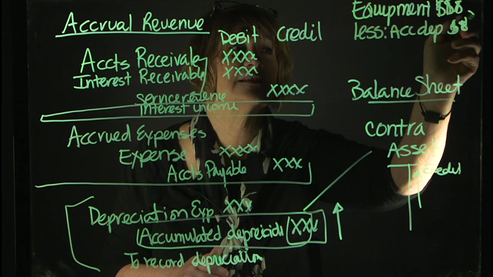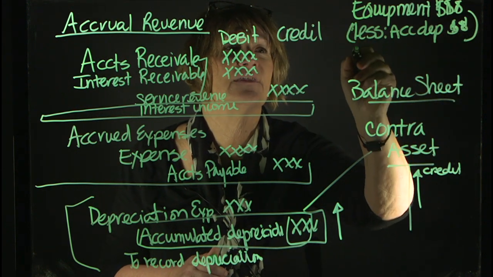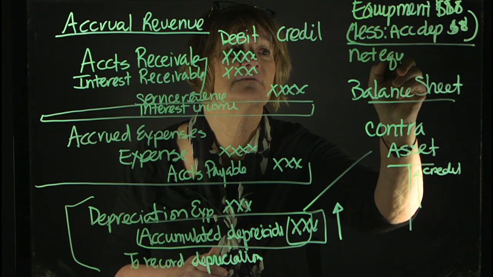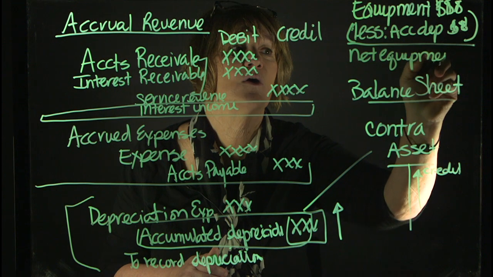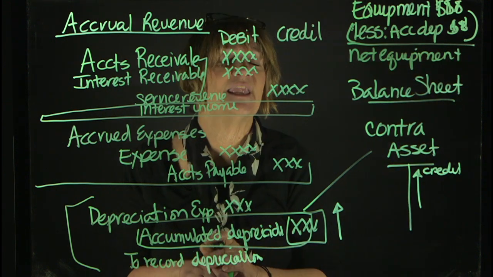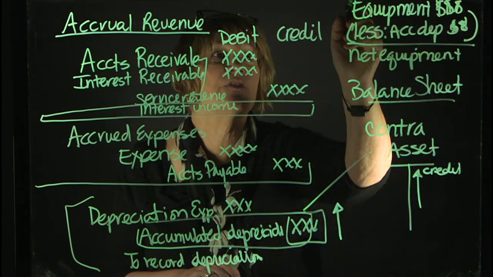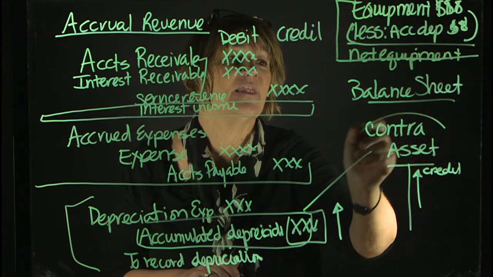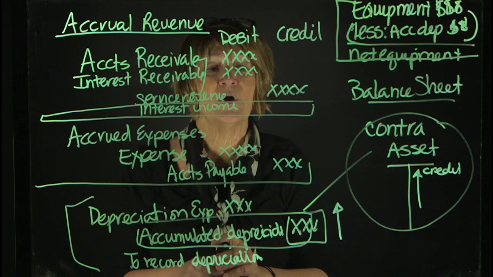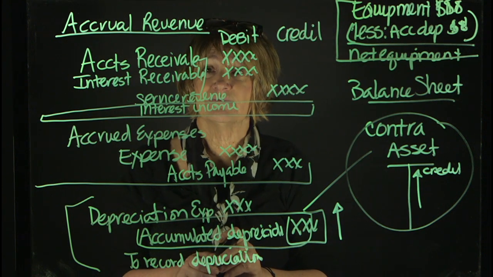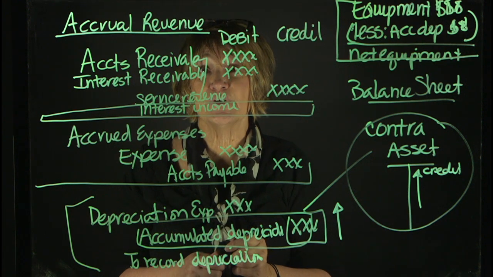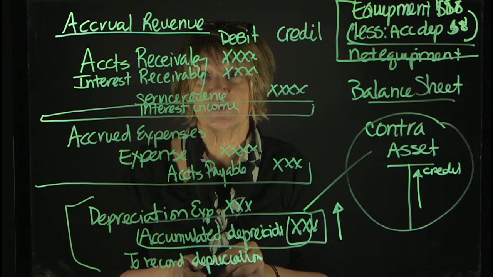So that's a minus, and I end up with net equipment, or sometimes we use the word net book value. So this is what the presentation would be on the balance sheet now that we've added this new contra asset account. So now let's go ahead and take a look at the deferrals and what those entries will look like